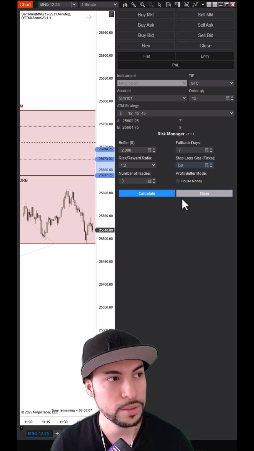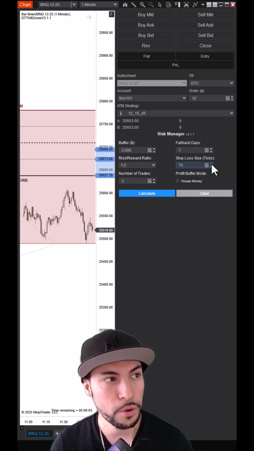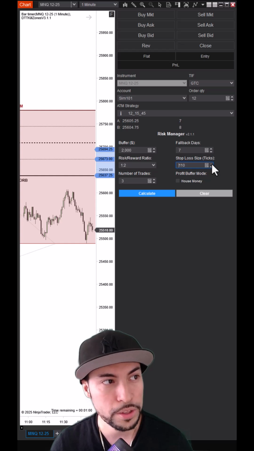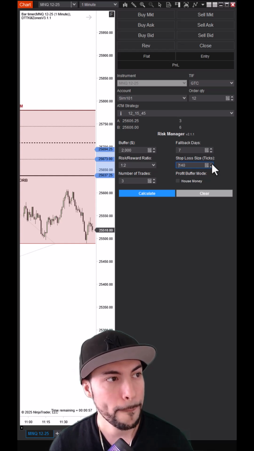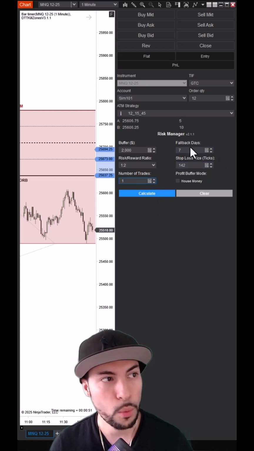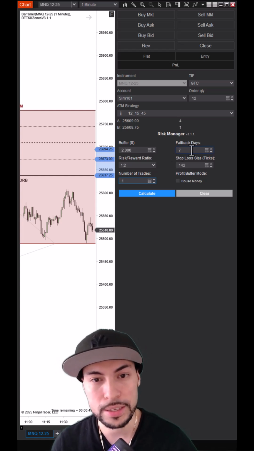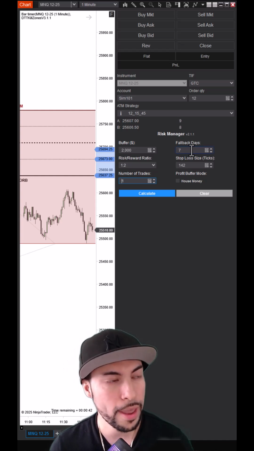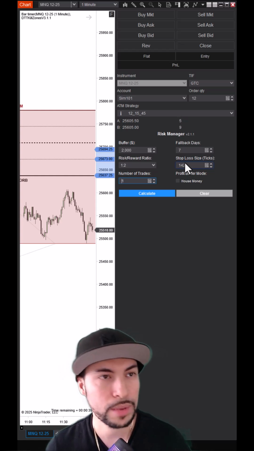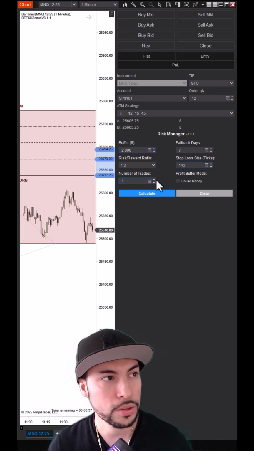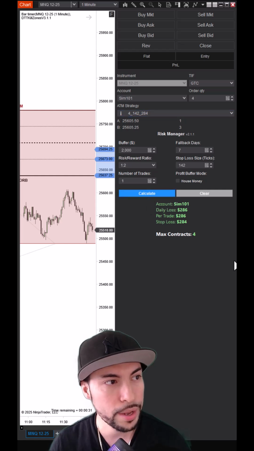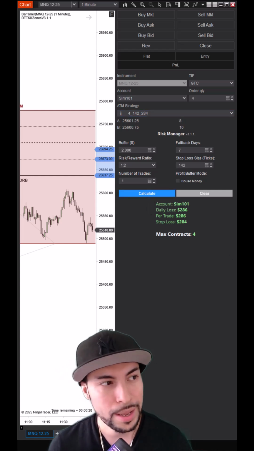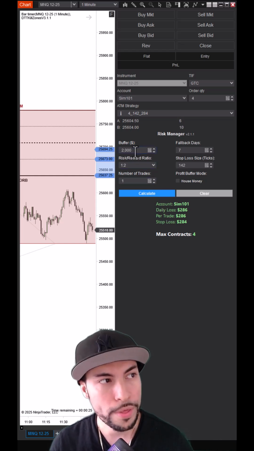So if I want my stop loss to be 50 ticks, or in this case, 142 ticks. So let's pull it all the way up to 142 ticks, right? Boom. Now it's at 142 ticks. I want to do one trade, and I want to have a fallback period of 7 days. What that means is I have one trade that I can take, and if I blow it, it's okay. I have 7 days of buffer, I guess, to deal with it. So this basically just calculates my risk settings on the fly. All I have to do is press the calculate button. Boom. Now that I press the calculate button, it tells me how much I can risk with a $2,000 buffer